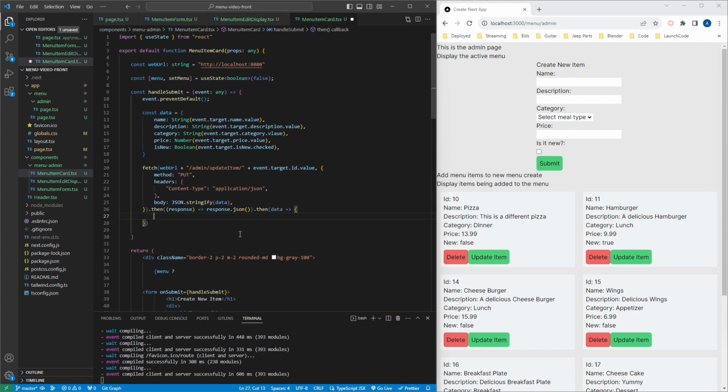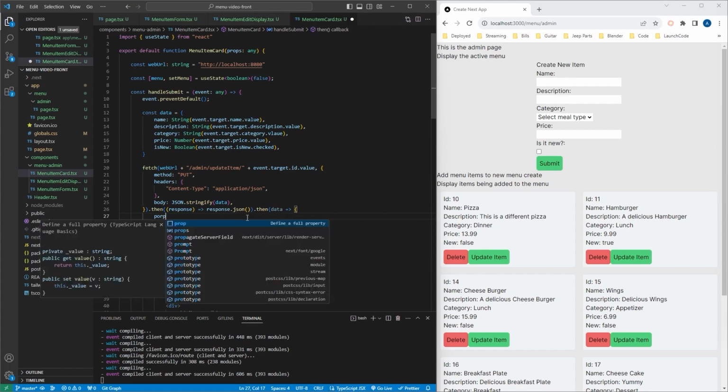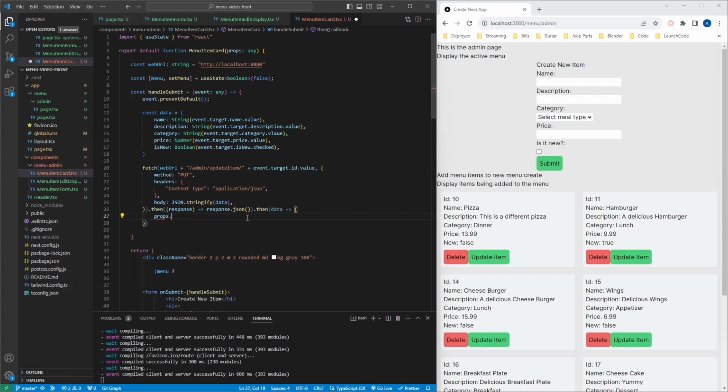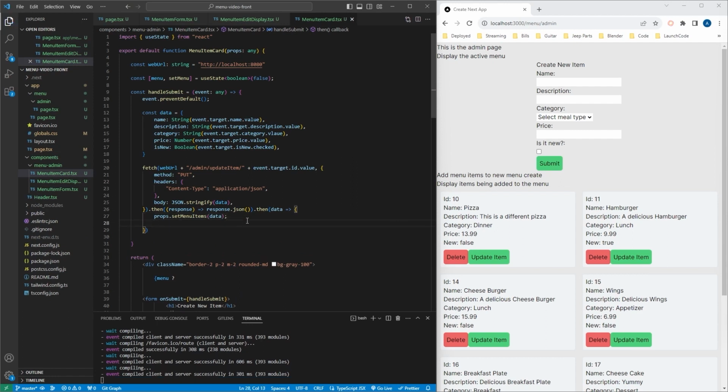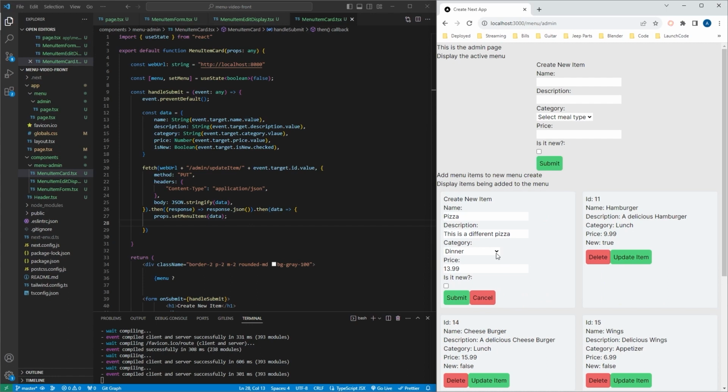So now we should have access to our props here. Yep, props.setMenuItems, which is going to be data. All right, so first, let's just make sure that this works. So I'm going to save this. So the first thing we're going to check is we're going to update our item here, pizza, and we're going to change it to lunch. So if I hit submit,